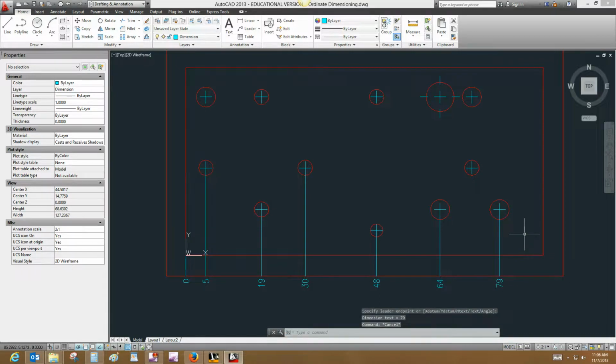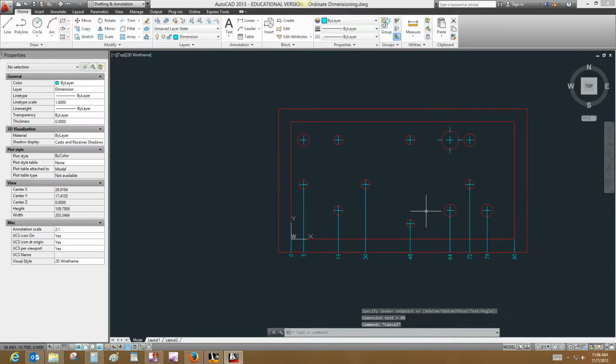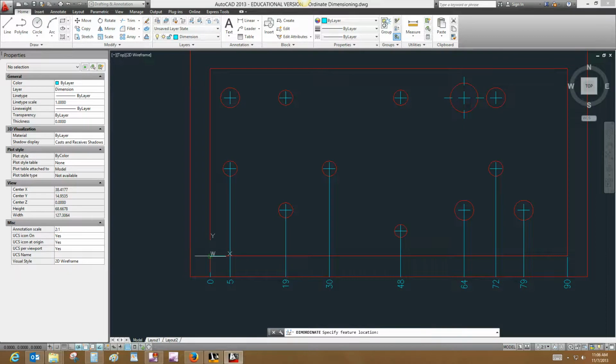And those numbers should be the same as the ones used in the text. I forgot this one. And then don't forget the one on the end here. All right, then we want to go along the y-axis and do the same thing. So 0,